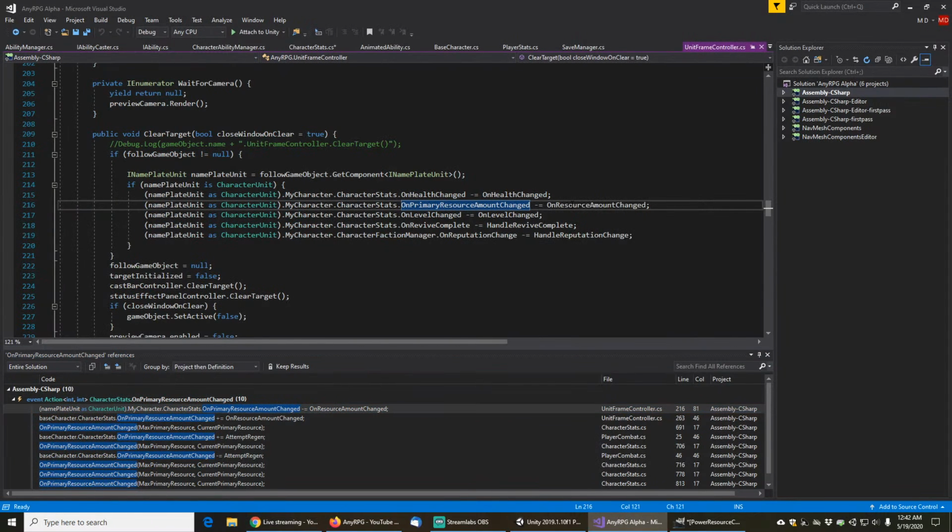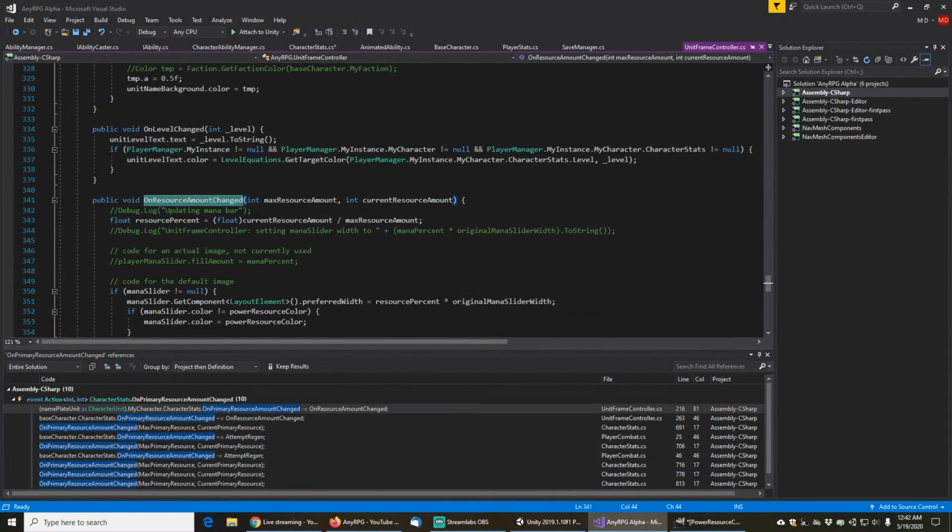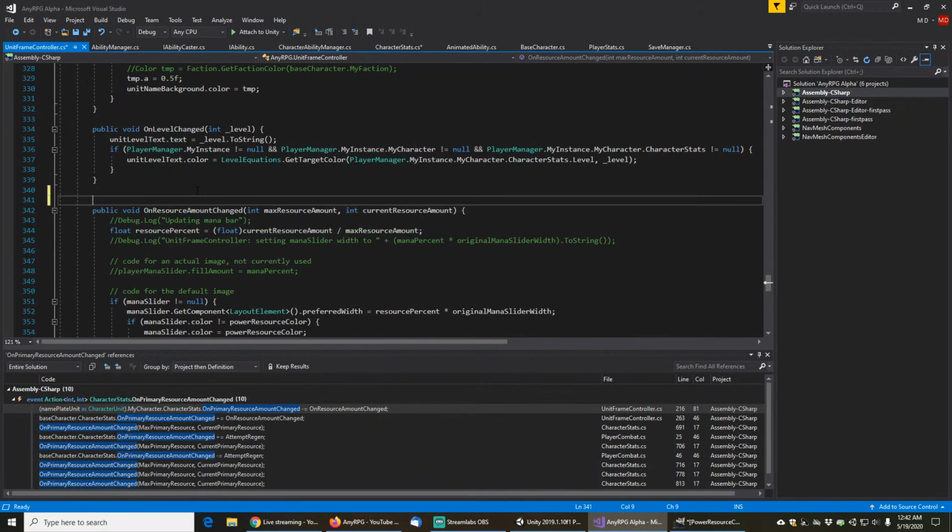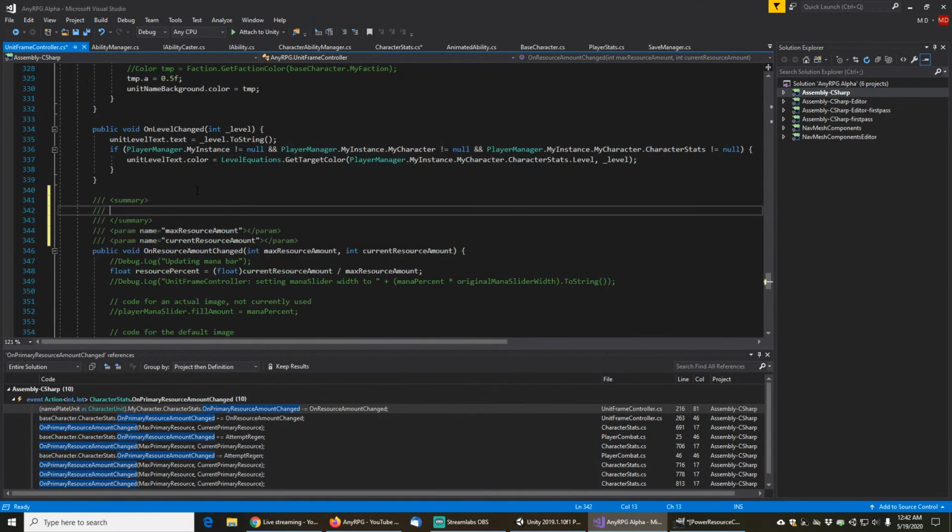When we subscribe to it, we are expecting max and current. Okay. And in fact, what I'm even going to do is say, yeah, there, max. Summary. Accept a resource amount changed message. So